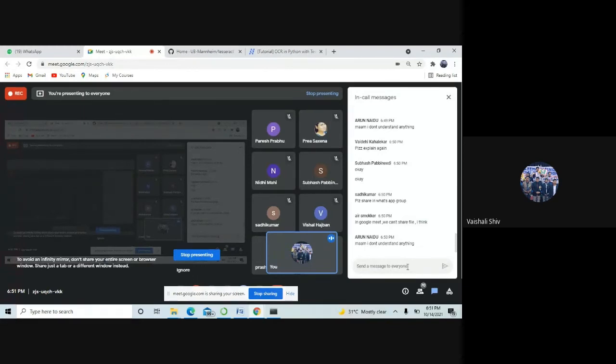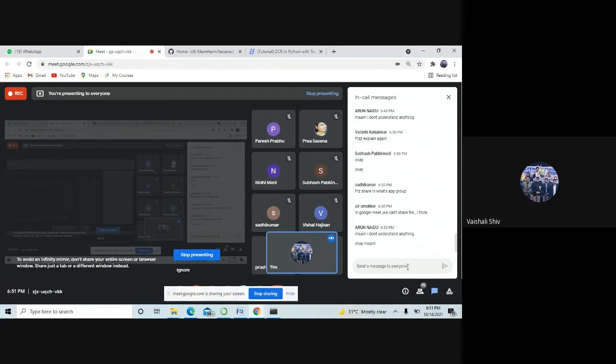LSTM models we have to apply, all those things we have to do manually. But we have certain open source libraries which we can use, and we can easily extract the text from any kind of image. If you have a PDF image, you can extract the text from that. You can convert a Word document into a PDF, but you cannot convert that PDF back into a Word document. We have to extract those things, right?